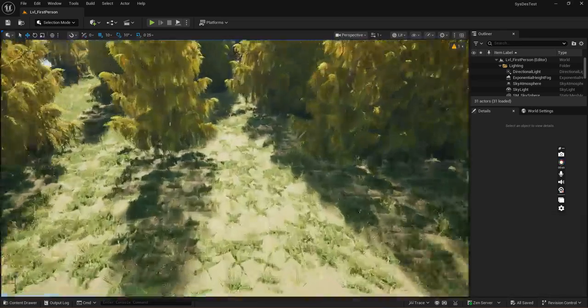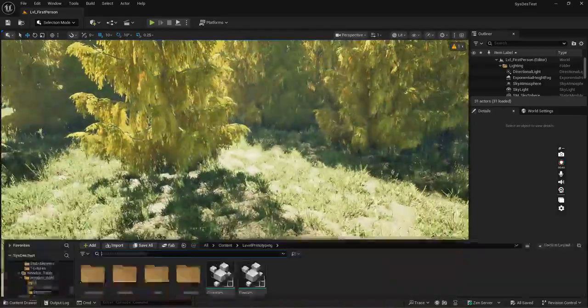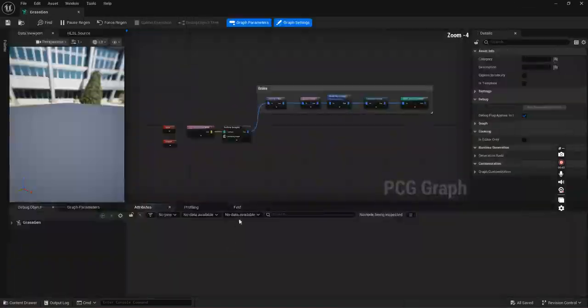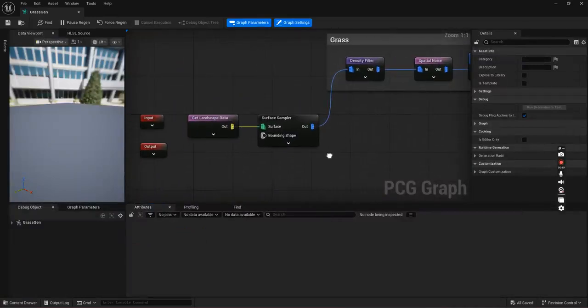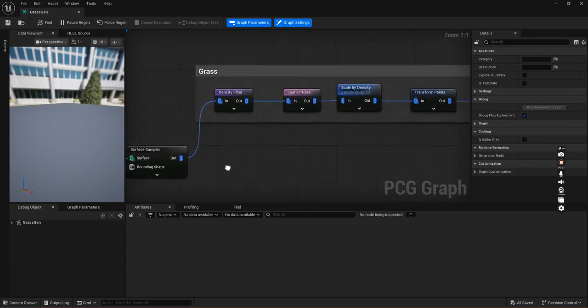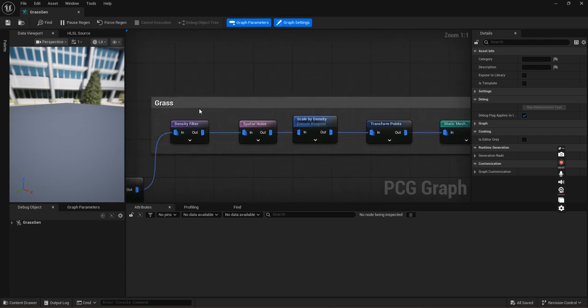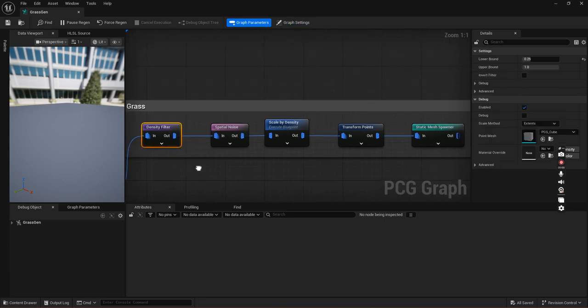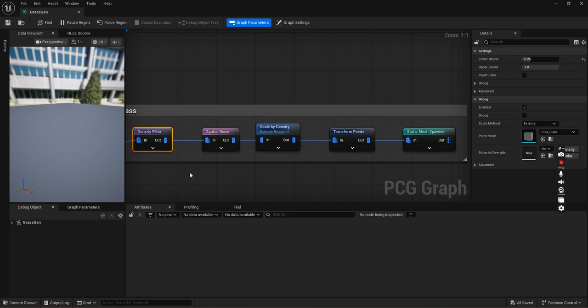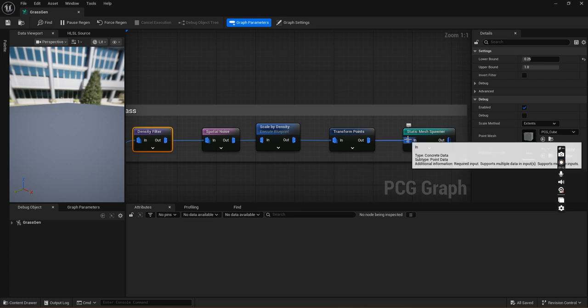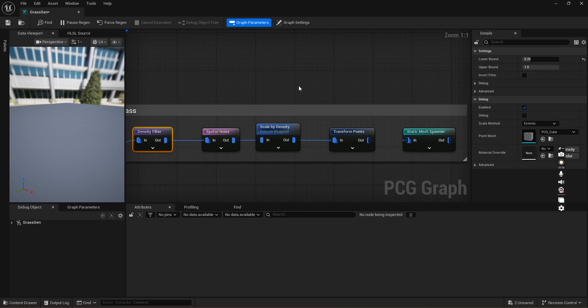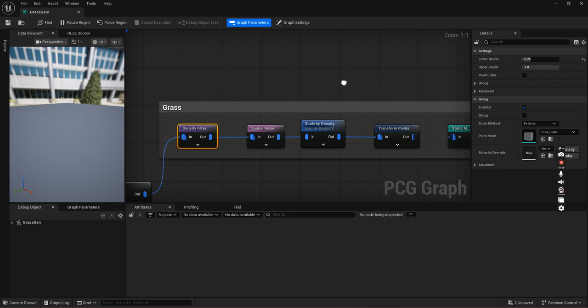There's one that handles the grass generation here, which both of these are pretty simple. They get the landscape and use Unreal's surface sampling function, and then they apply a variety of functions to filter out and tune in the density, the scattering, and the distribution of the meshes. So if we disconnect the mesh spawner, which actually makes the grass mesh appear,